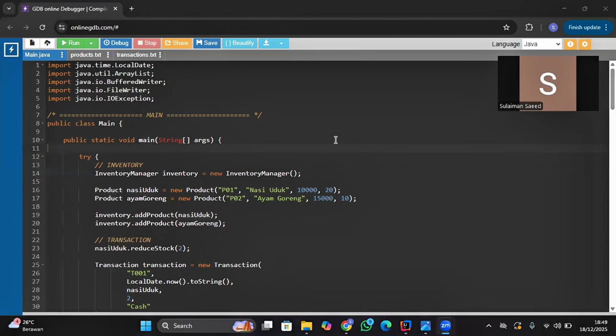Based on my observation report, the shop still uses manual recording, such as a notebook. This causes several problems. For example, stock is often miscalculated, transactions are difficult to track, and there is no digital sales record. Therefore, the purpose of this project is to change the manual system into a simple digital system using object-oriented